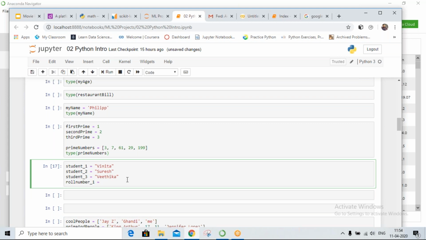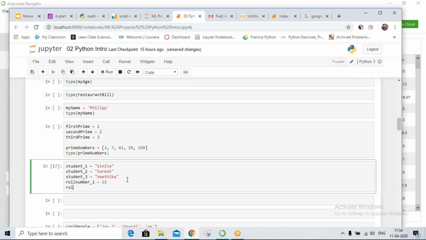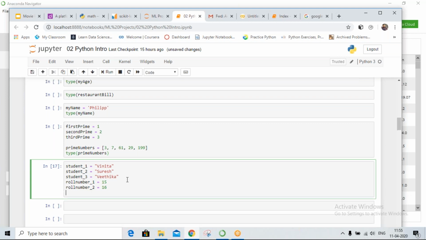For Vinita I assigned maybe roll number 15. For the second student I am assigning maybe 2, and it could be 16. Let's keep it in order. For the number 3,